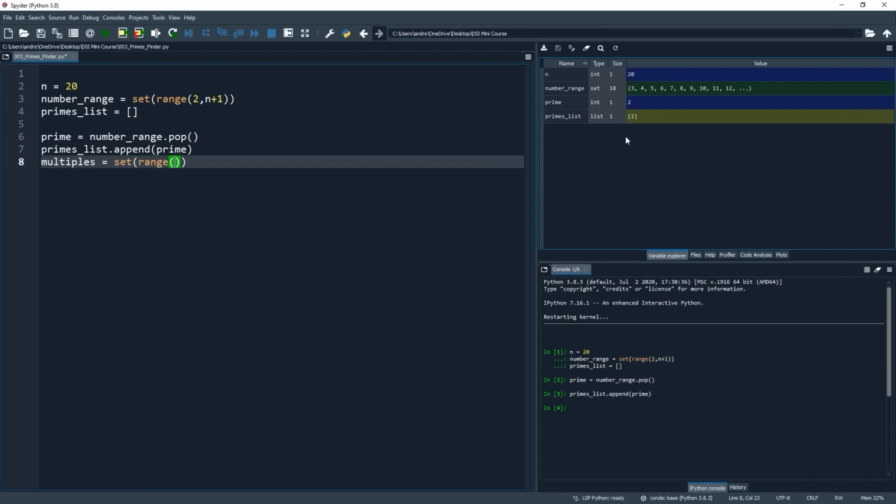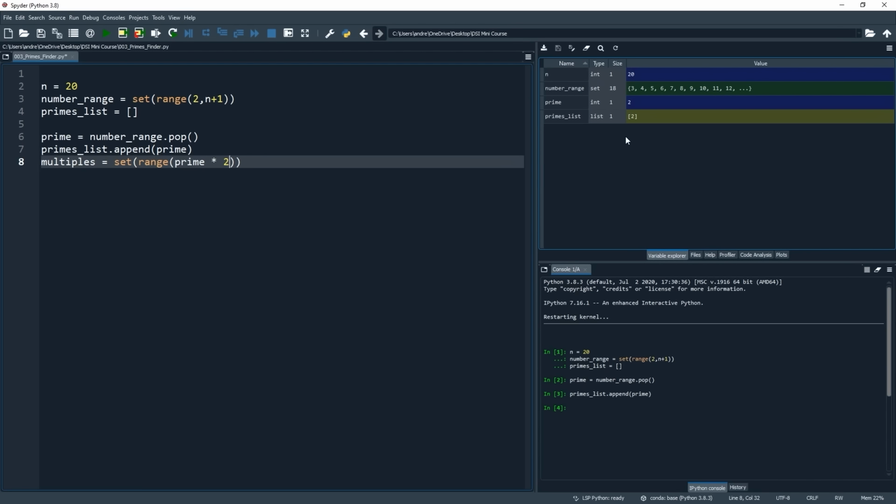So for our range here, for the starting point, we don't need our number, as that's already been added as a prime. We can instead start our range of multiples at 2 multiplied by our number, as that will be the first multiple. In our case, the prime we just discovered is 2, so the first multiple will be 4. If the number we were checking was 3, then the first multiple would be 6, and so on. So for our starting point, let's just put our prime number multiplied by 2.